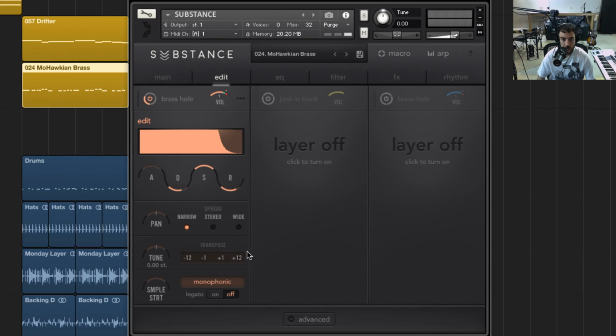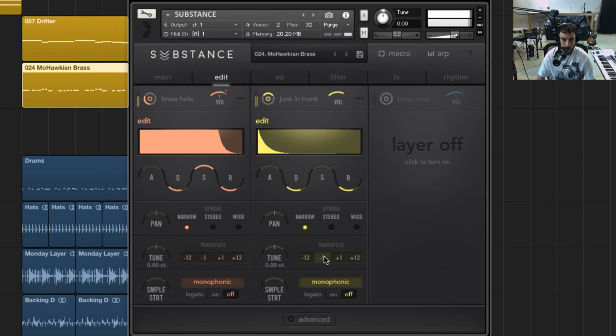And then this is really handy when we're creating our own patches. I'm going to show you a little bit more of how we can put together our own in a little bit. But when you're doing bass stuff, it's really cool to have this transpose feature so that let's say we had a sub on one layer, but it was a little bit too high. It's as easy as just hitting -12. Or if we wanted to raise the brass,